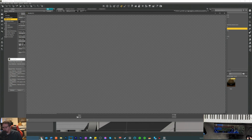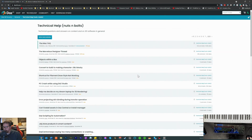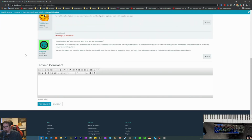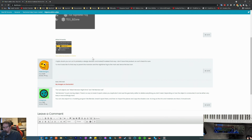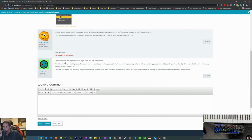Now let's open up and see if somebody answered my inquiry into the technical helps. Objects within a box. 2 comments. To me, it looks okay. I highly doubt you can, as it's probably a design decision and locked, modeled that way. I don't have that product, so I can't check for sure. To me, it looks like it's that way to parent the mansion and the nighttime fog to the main set, hence the box icon. The null objects are Albert Mansion Nighttime and AM Mansion Set. AM Mansion is just one big object. There's no way to break it apart unless you duplicate it and use